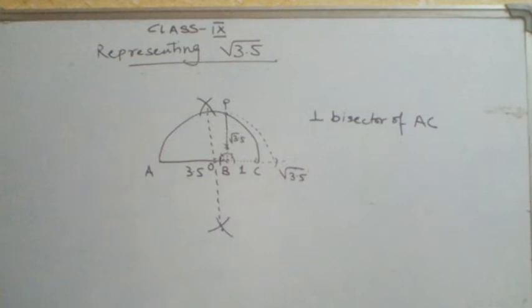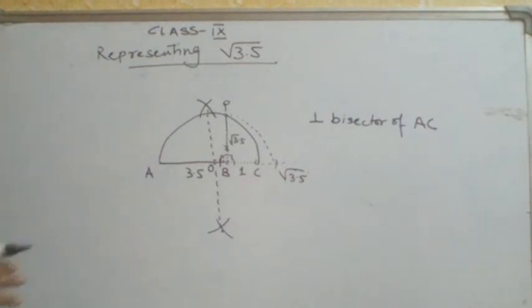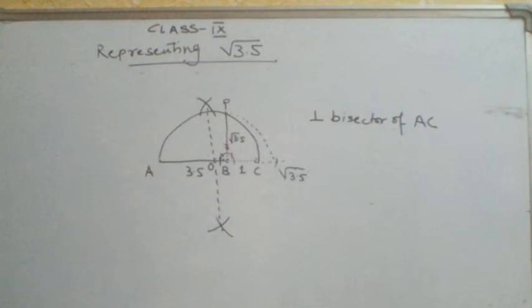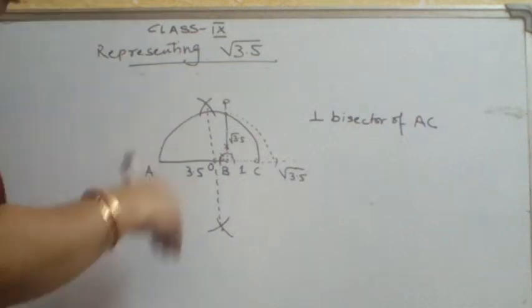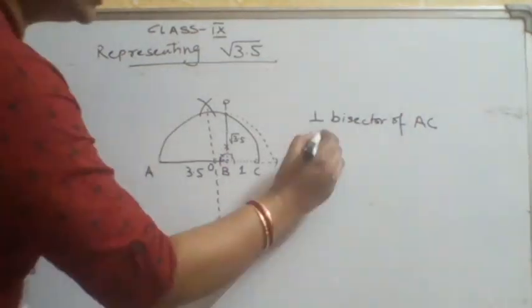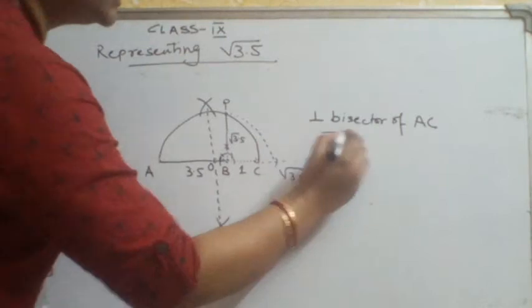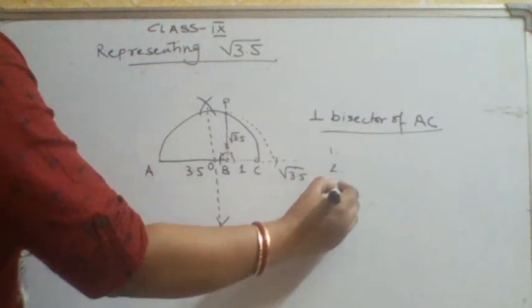and geometrically you find under root 3.5. The justification part is quite complicated, and given today's time, maybe tomorrow or some other day, I will discuss the justification for this. This is given in your textbook page number 20 and 21. When it comes in the exam, they generally don't ask you to show the justification, but you should know it. I will discuss this with you later on, and you may be asked to write the steps as you do for geometrical constructions.